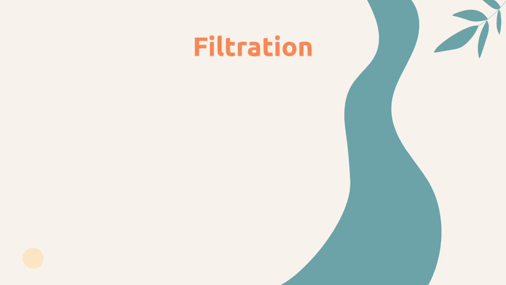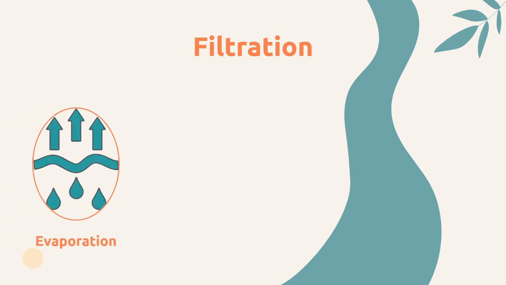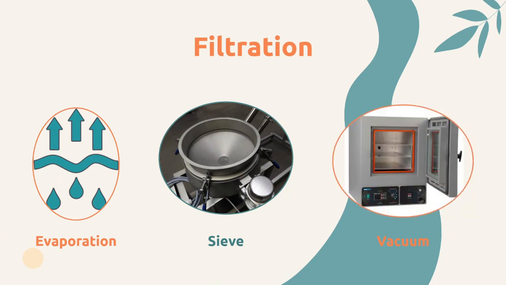Filtration is usually done after the purification and extraction process, as it is necessary to ensure complete purification of galantamine as it will be used for medicinal purposes. Therefore, to avoid the presence of compound traces, filtration is usually conducted. Filtration method will vary depending on what process is done. Methods such as evaporation, sieve, and vacuum are examples of filtration method that is used.